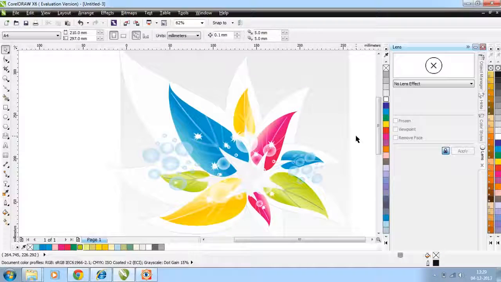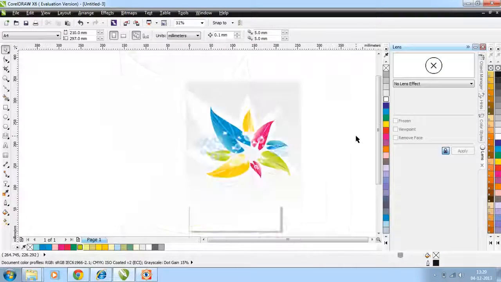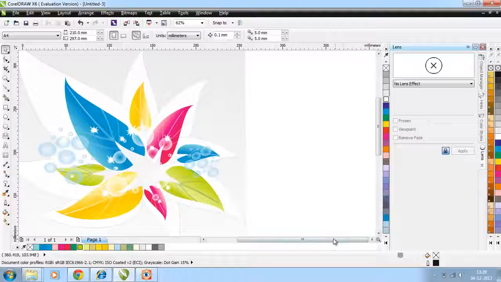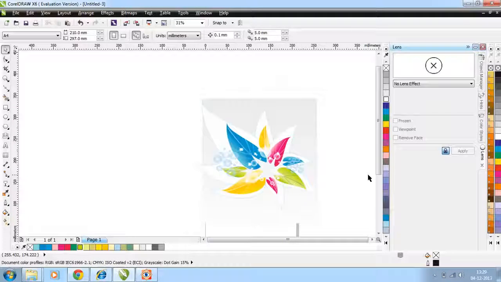Like this we can prepare a floral image by using all these things in CorelDraw software. I just want to add more effectiveness to this image. For that I'm just